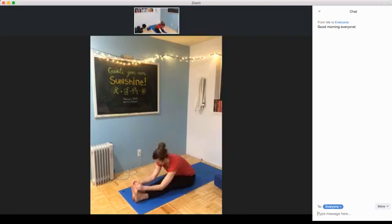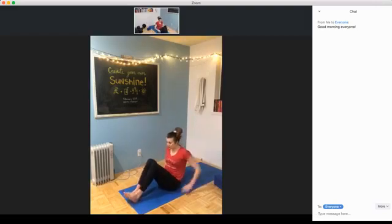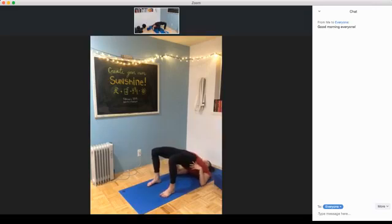So I'm gonna finish my practice. I don't know if you're still following along at all, if you want to, but this is really just to show you what I do in the morning if I have a good amount of time. Okay, from there, rolling to the floor, taking the feet hip distance, lift into bridge pose